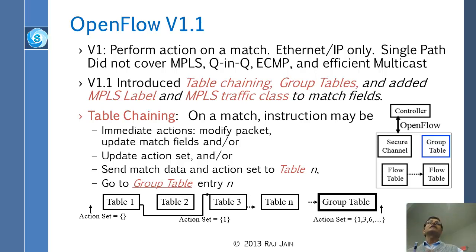Okay, that's a good question. The question is, can the same table be used repeatedly, can you go from table 1 to table 1? The answer is no. You always move forward in the table. From 1 you can go through to n, from 2 you can go to 3 to n, from 3 you can go to 4 to n. All right. So that way you are guaranteed to finish. Otherwise, you might be in a loop in the same table or in the same set of tables. So you are not allowed to go backwards.